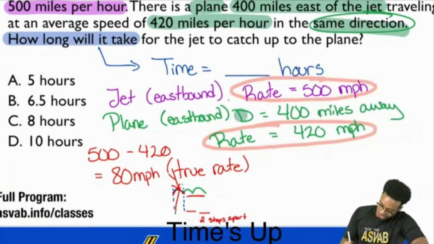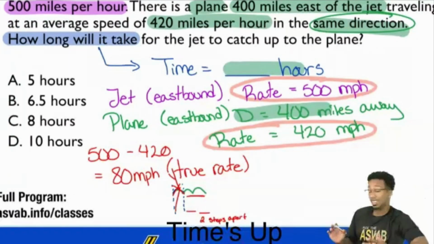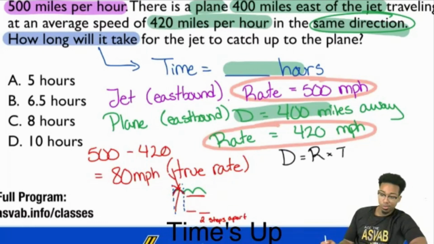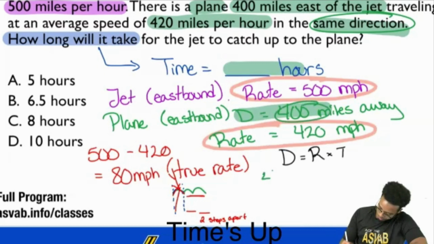We have a distance right here, and we're looking for time. So all we have to do is set it up, solve, and we're done. So with that said, here we go. D equals RT. And now we'll go ahead and set it up. 400 right over here. 400 miles is what we were given. The rate is 80 miles per hour. And we're looking for time. We're looking for T hours. So I'll just put 80T.